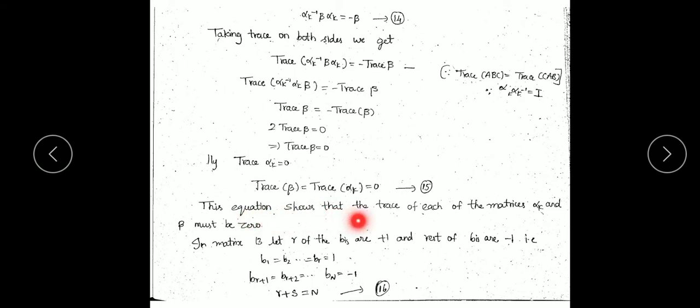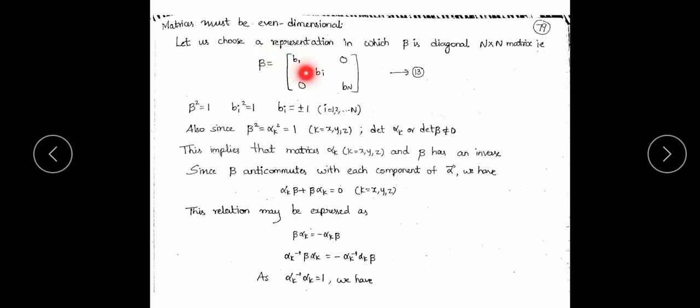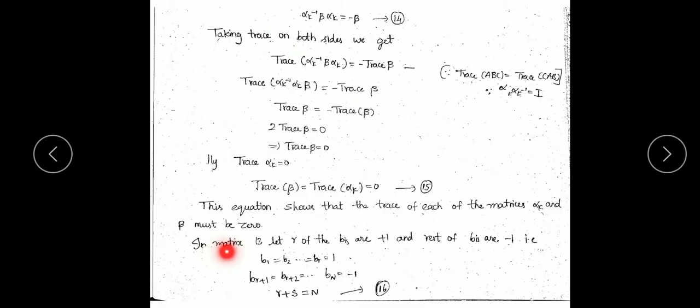So this equation shows that the trace of each of the matrices alpha k and beta must be 0. So that is the equation. So in matrix B, let R of the bi's be, so it is bi's. So these bi terms are nothing but the diagonal terms. So that is what they are saying. So in matrix beta, let R of the bi's be plus 1 and the rest of the bi's be minus 1. That means